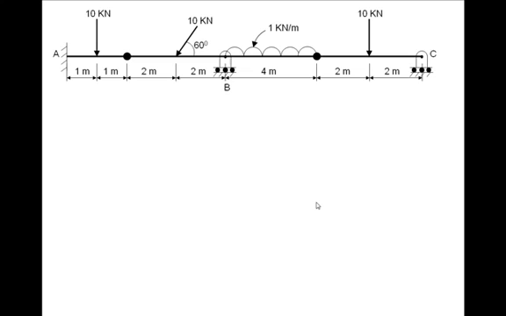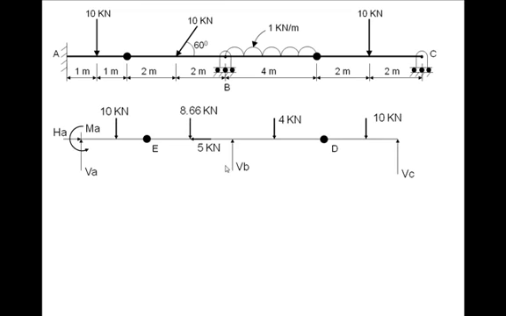Okay, now here is a beam which I call a combined beam. I'll tell you the reason for this. If I remove the supports, the supports are at A, B, and C. A is a fixed support, B is a roller support, C is another roller support. So by appropriate reactions, I see that the total number of reactions are 5: HA, VA, MA, VB, and VC.